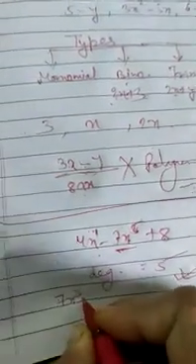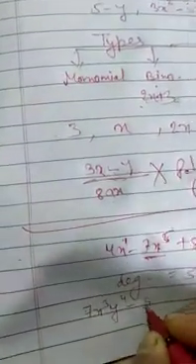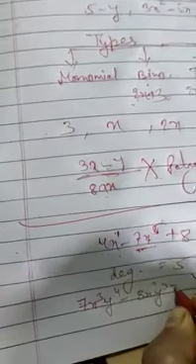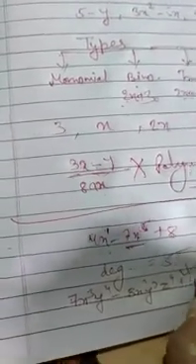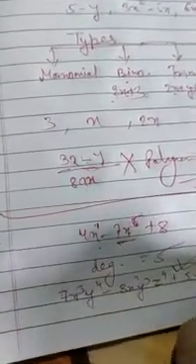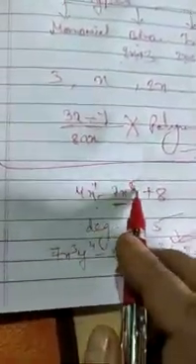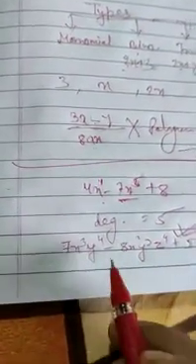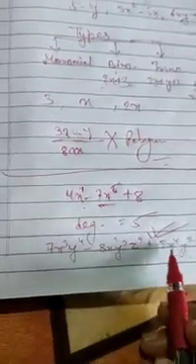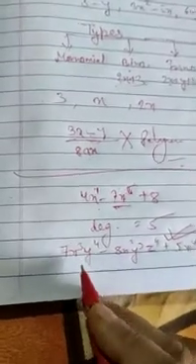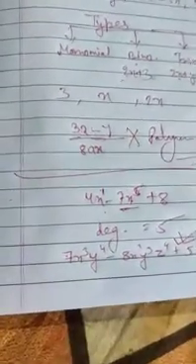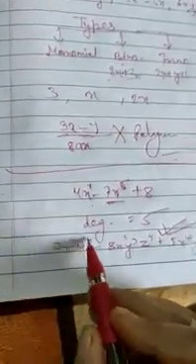7x cube y4 8x square y3 z 4 plus 5x4 y3 z. Now you have to find the degree of the polynomial. In this you can easily find out the highest power 5, that is the degree. But with more than one variable, like xy, yz, xyz, in this type of statement you have to add the powers.